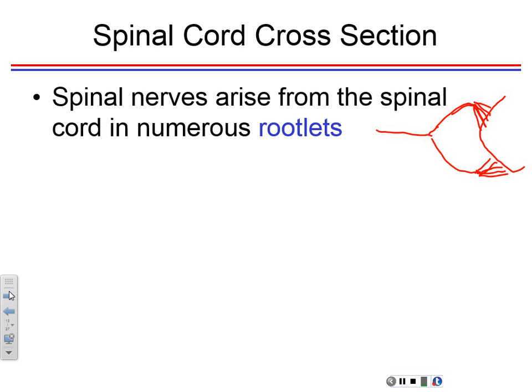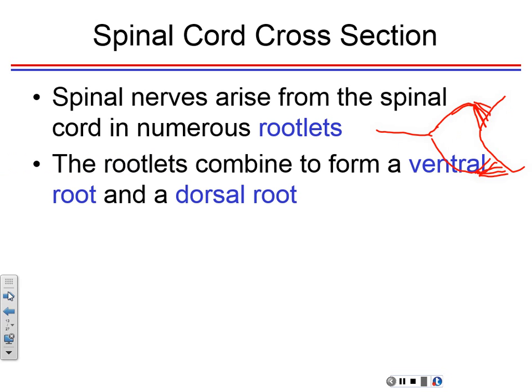Kind of sort of puts it in a wide area of the spinal cord, rather than if it was just coming in as one strand. See what I'm saying? So it is a little bit of a wider area. And then of course the rootlets combine. The rootlets will then combine to form the ventral root, and then the ventral root will combine with the dorsal